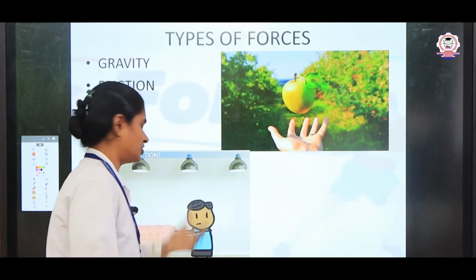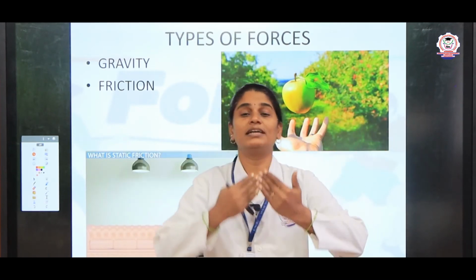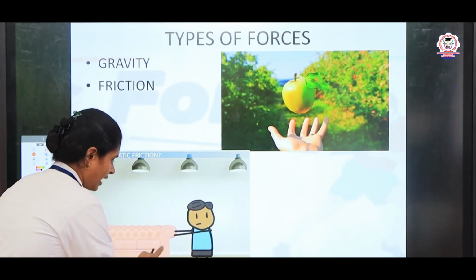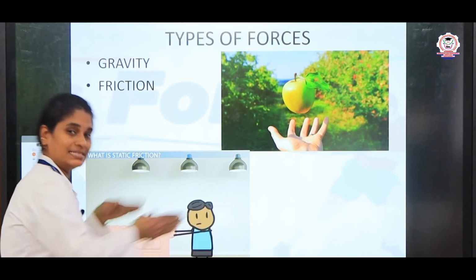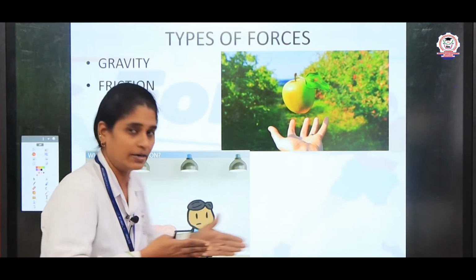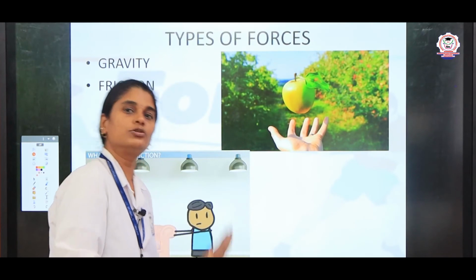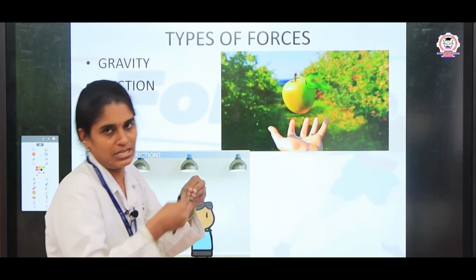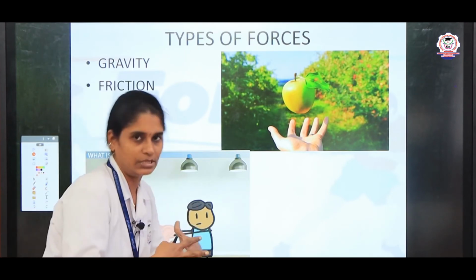And the second one is friction. So what is friction? Friction is the force that acts between two objects that are in contact with each other. For example, here you can see the floor and the sofa legs, right. When there is good contact, the sofa can be easily dragged by this person. Suppose there is no contact or no friction between the floor and the sofa, it cannot be pushed properly, right. So because there is no friction. So friction is the force between objects that are in contact with each other, right.